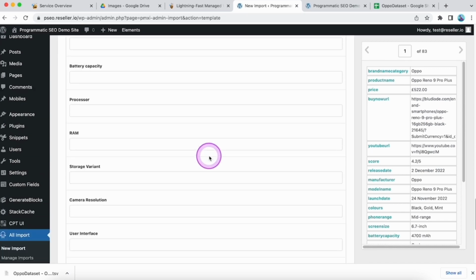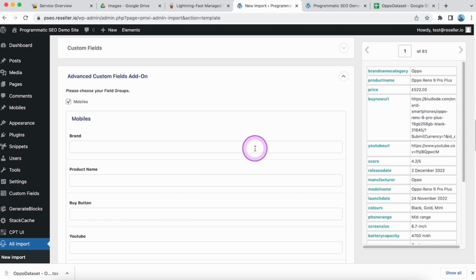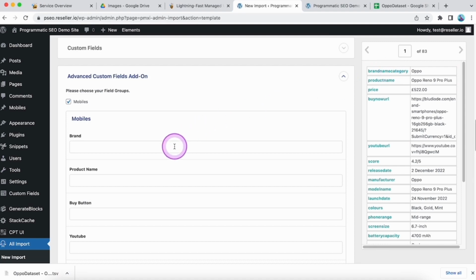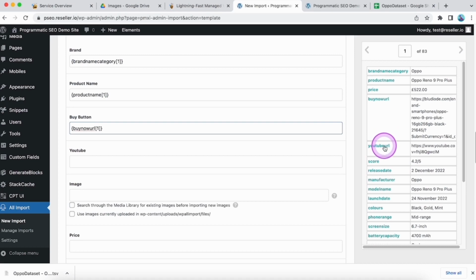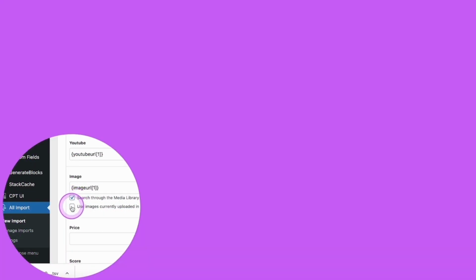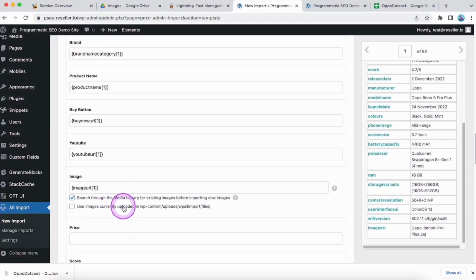Once you check it, you will see that all the fields you created using the Advanced Custom Fields plugin are already displayed here. All we need to do is drag and drop the field names from the right hand side, from the Google Sheet, into here. This is so that the WP All Import plugin can generate the dynamic data. I will double click on brand name and click it on the brand, product name, buy now URL, YouTube, image URL. I will also check search through the media library for existing images before importing new images, and I will also check use images currently uploaded in